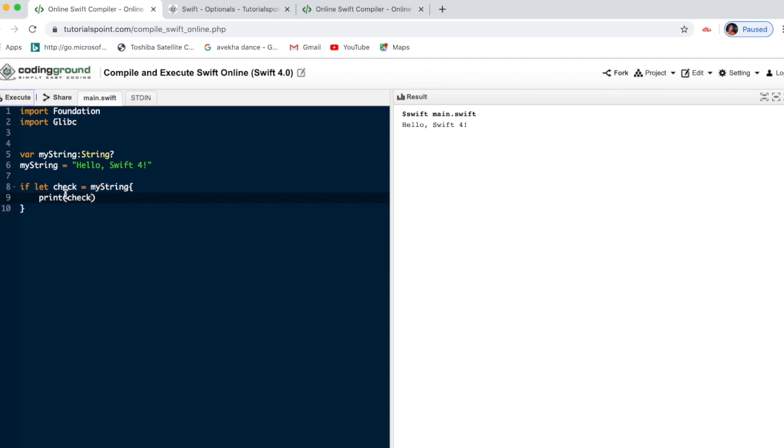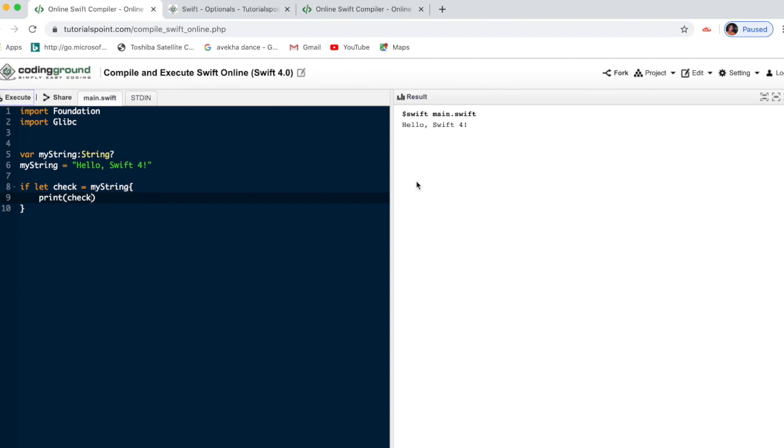So what happened in this code: we are telling that it may be 0 or it may have a value. First, initially I am saying it is equivalent to a nil value, that is the first statement. After that I am giving a string value to this variable. For avoiding our warning, I am using this pattern: if let, any one name equal to the variable, then open the curly bracket, then print.